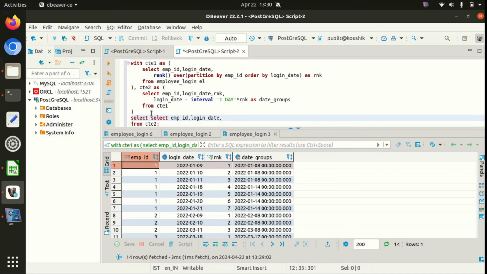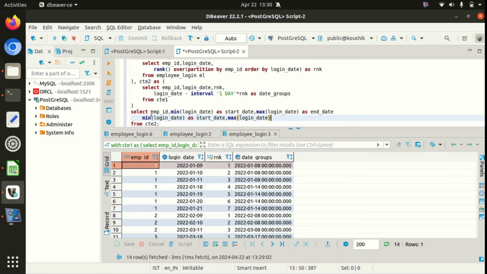Here we are going to take employee ID. First of all, we are going to take a minimum of login date and maximum of login date. Minimum of login date as start date, max of login date as end date, and also we are going to need the deduction, which is max of login date,